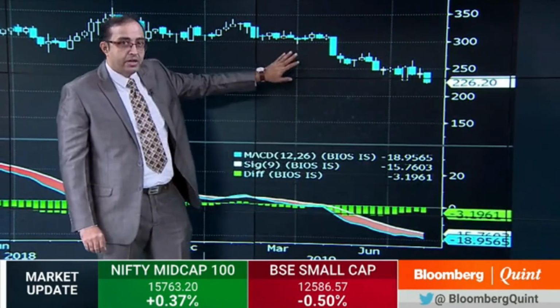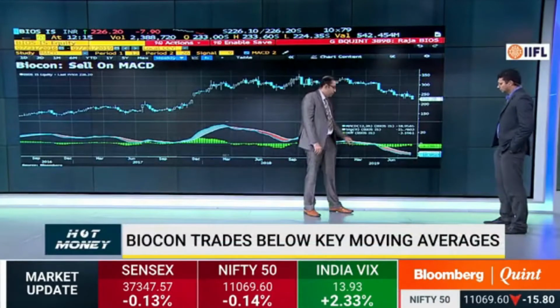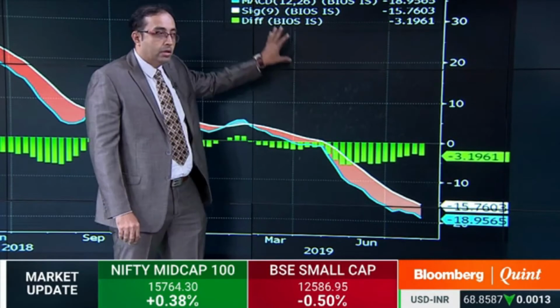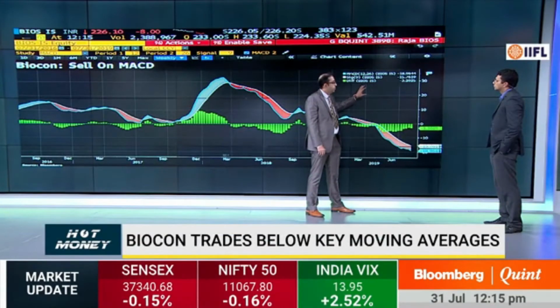And I have taken the help of the momentum indicator MACD. If you can just open this panel, you will see here that there has been a consistent selling pressure, and the selling pressure continues to hold. So this momentum indicator along with the prices clearly suggest that there could be more selling pressure which could emerge